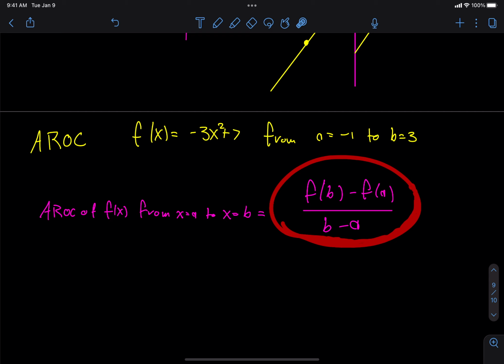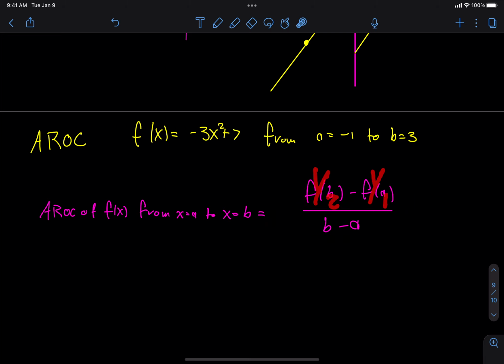Yeah, maybe slope, right? f of b, that's an output. This is like y2 minus y1 over x2 minus x1. This is the slope of a line. Which line? It is the line